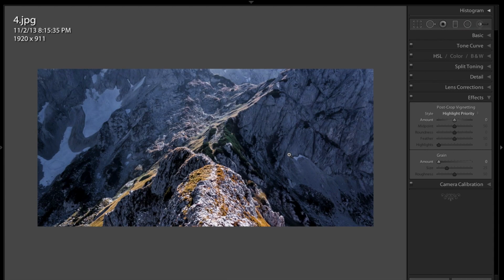little bit. This here, again, there's not really a defined subject. You got a leading line of this cliff here. Again, it's hard to say what I could tell him to do to make it better. I wasn't there, so I don't know if he could have got an interesting foreground element in there, if he could have pointed the camera up and got something, some mountain goats on the mountain or something. I don't know. But when you go in, like I mentioned, you're going to compose a scene and you're looking